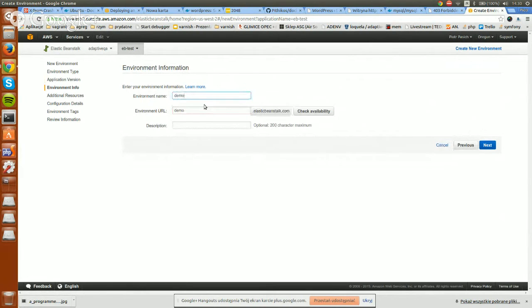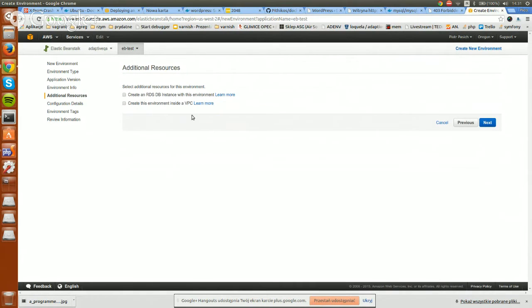Demo. Six is probably an available name, okay, and it will create a URL name for you, demo6.elasticbeanstalk.com, and some description, which is not mandatory right now. Here you should create an RDS database. I will show you how to get the information about the host, username, or the database name from the